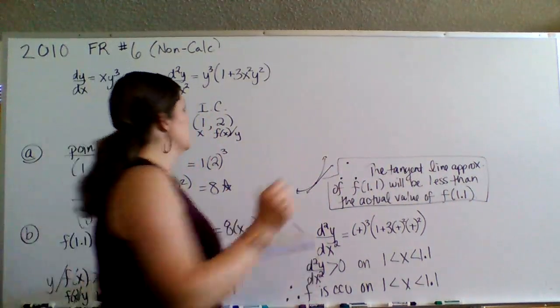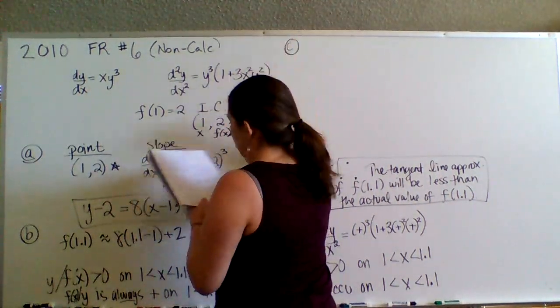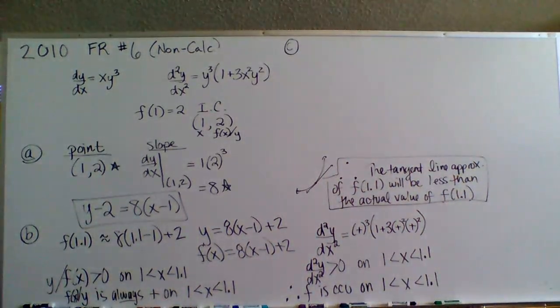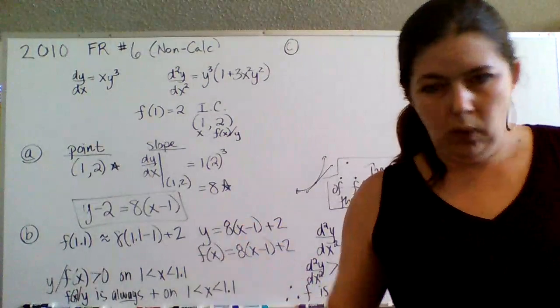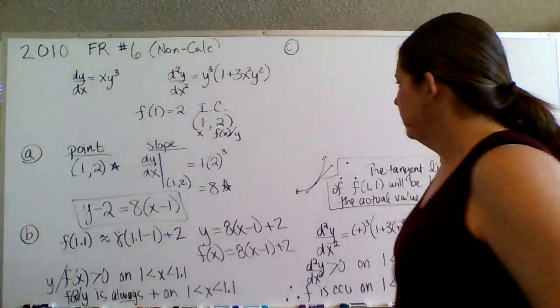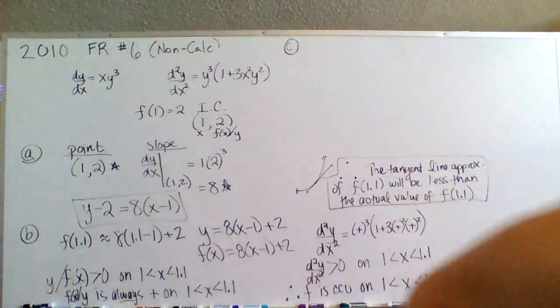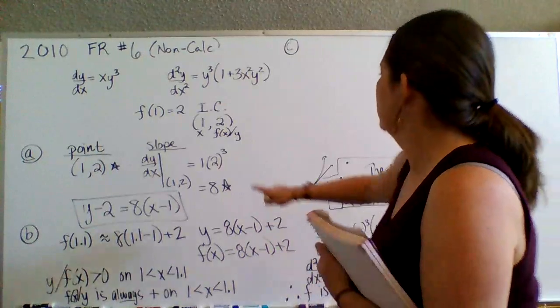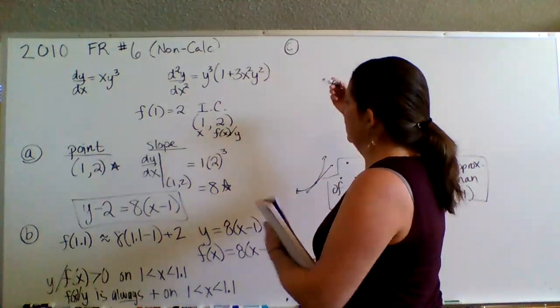Okay? So part C is now the real algebra heavy part of the problem. So it says, find the particular solution y equals f of x with the initial condition that f of 1 is equal to 2. So our same initial condition that we have the whole time, 1, 2. Okay, so now I really want to